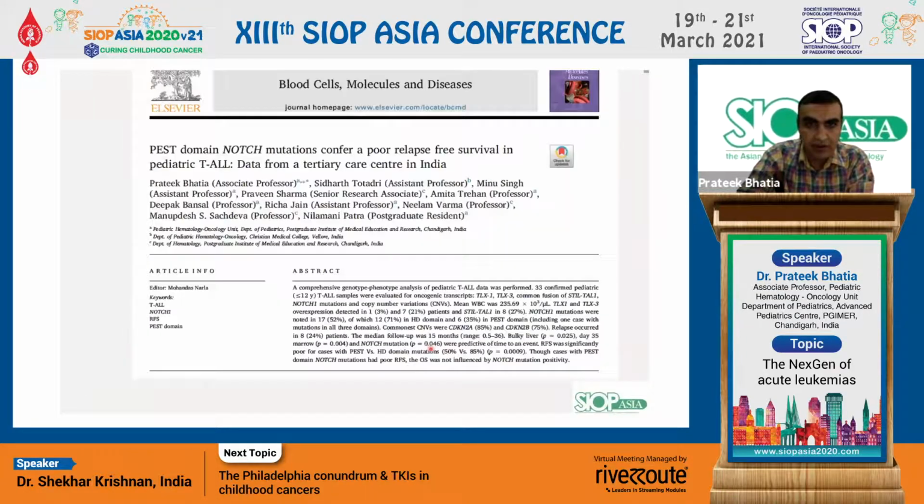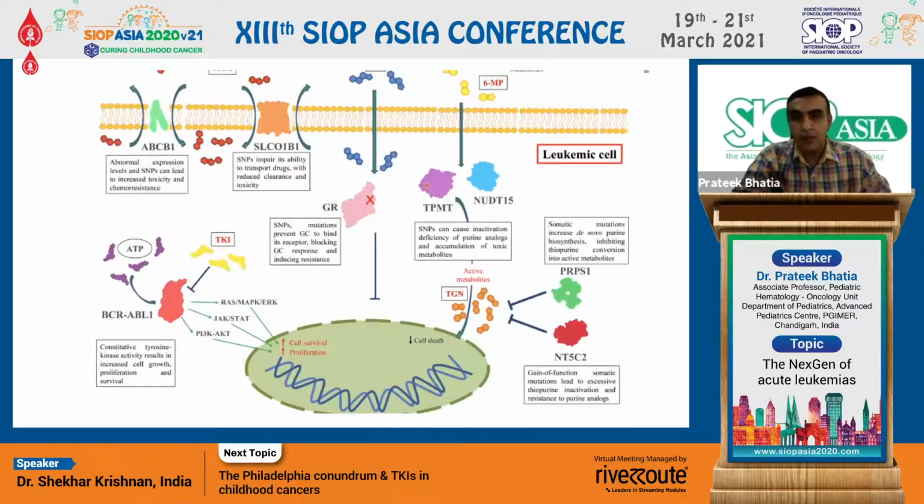Finally, in this slide, I would like to say that it's not only the newer entities which one needs to detect comprehensively, but we now also look toward reducing toxicities and relapse. This can be done by incorporating pharmacogenomics, especially looking at SNPs in the genes related to metabolism of 6-MP, and also genes related to inactivation of other chemotherapeutic agents like steroids and 6-MP in ALL. This is important now to further improve survival in our setting. So this should be a comprehensive approach for B-ALL detection.